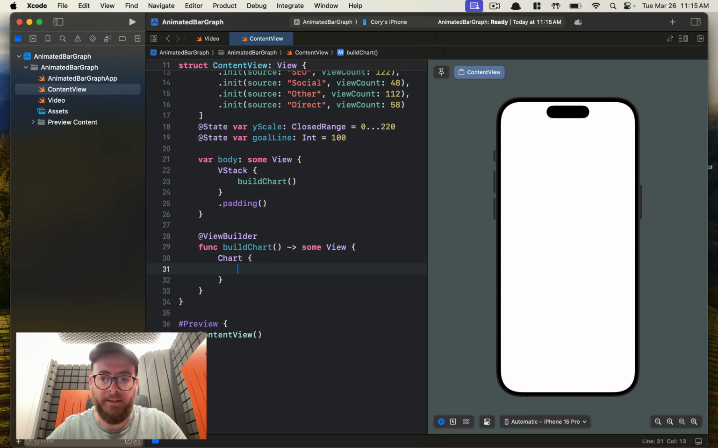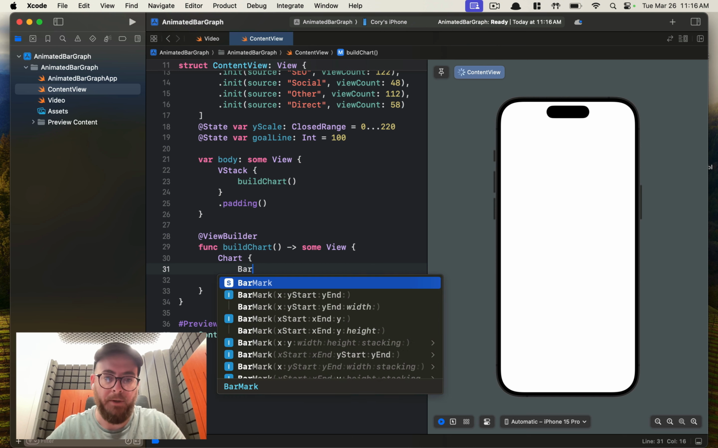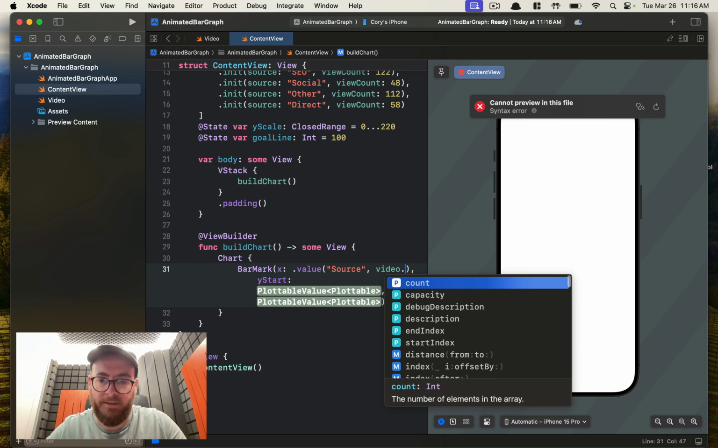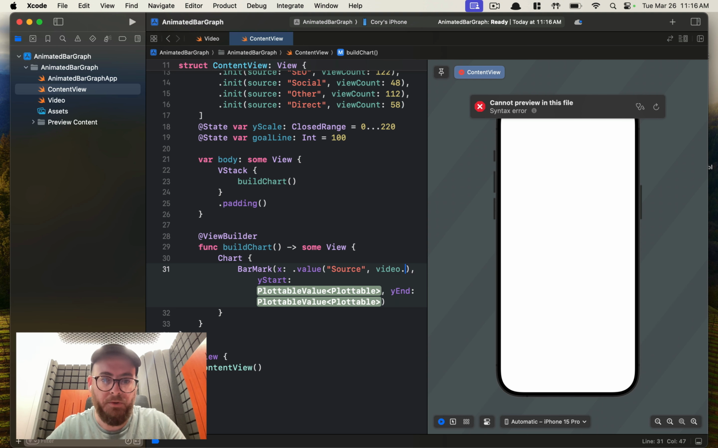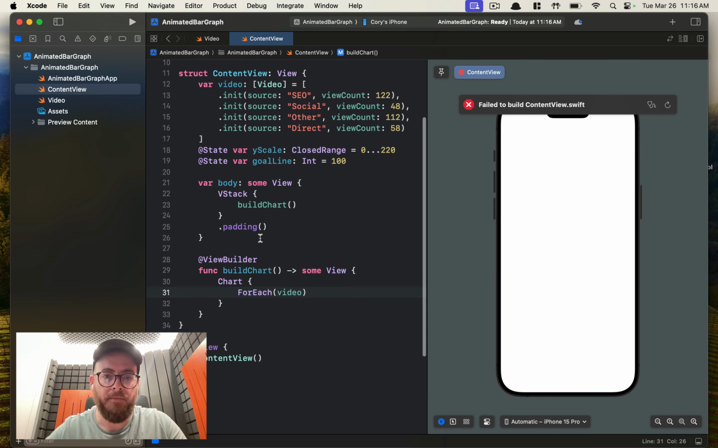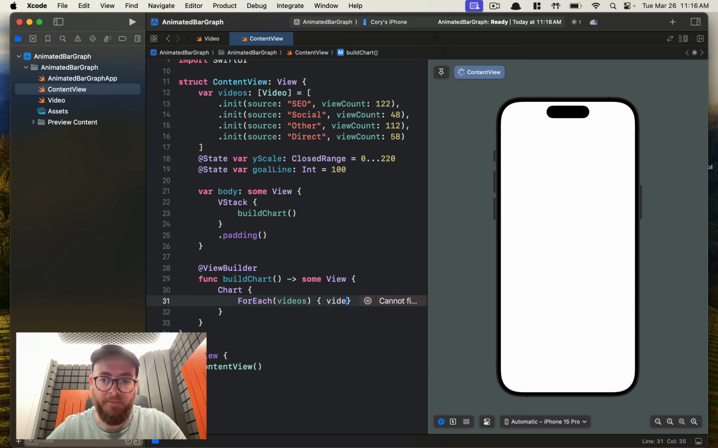The first thing we need to add is the initial data, the initial bars right here. So that's what we're going to add first. BarMark, a value, source, and the value is our video.source. Oops, this is wrong, apologize. First, we need to add a ForEach of our videos. Video in. Now we can add those bar marks. So BarMark,